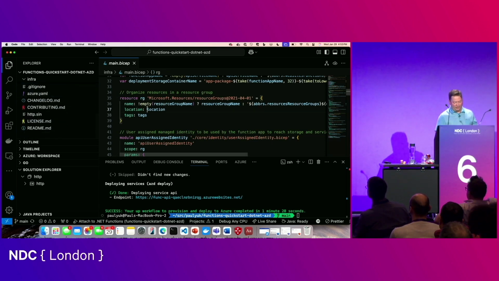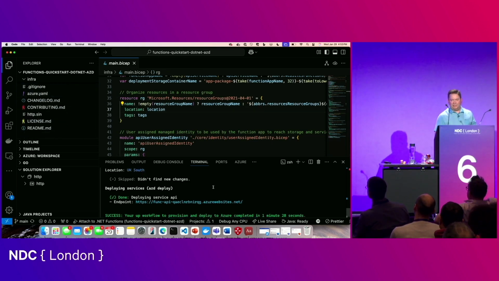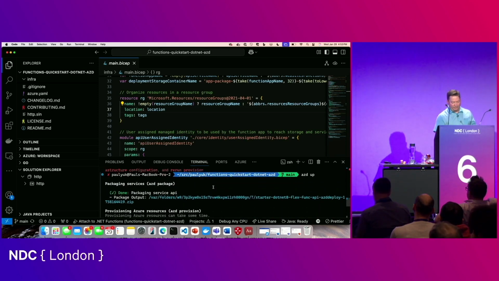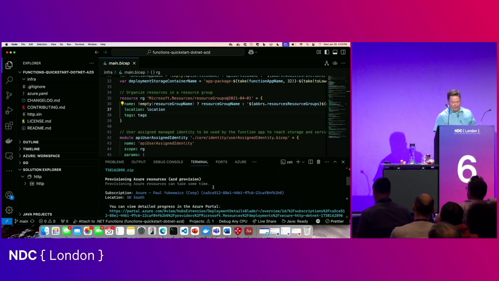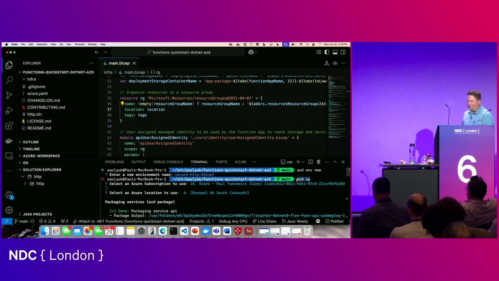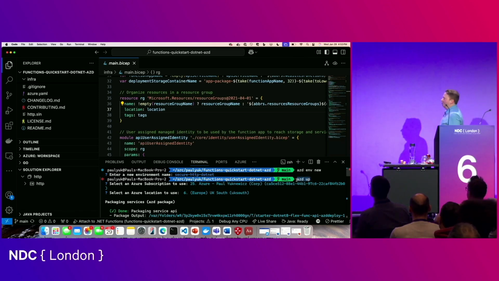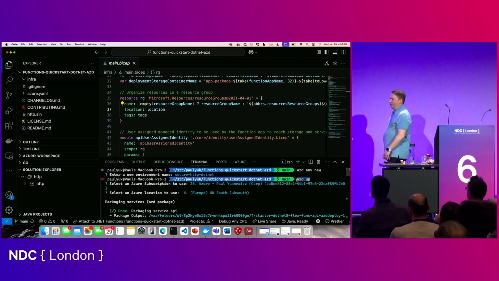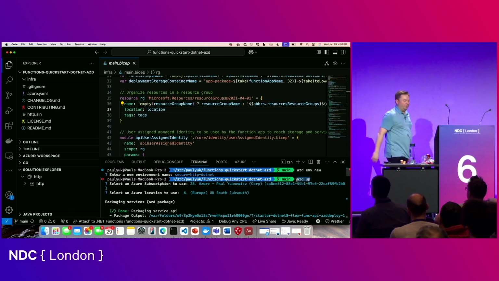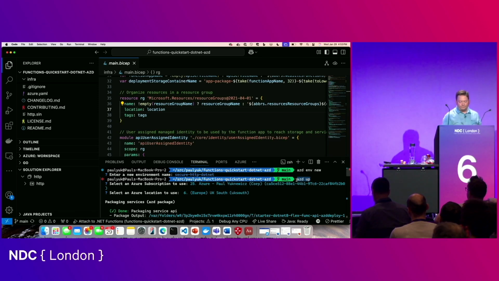And the nice thing with this sample, you can simply just do an AZD up. Has everyone seen AZD by now? Azure Developer CLI. So what we try to do is we give you the code, and then we give you the infrastructure as code. And then you can run this simple command, AZD up. It will take all the infrastructure as code. It'll provision it. It's idempotent, so if it needs to reconfigure it, it will. And then it zip deploys and pushes your payload into it.